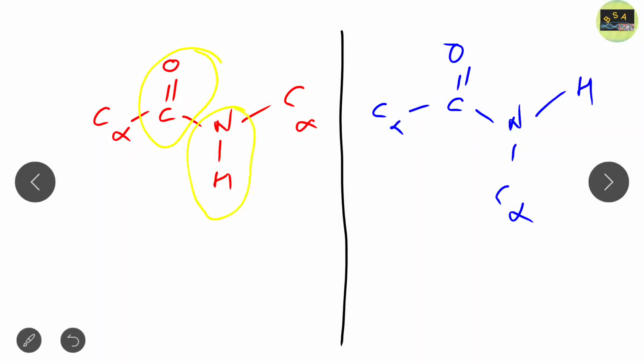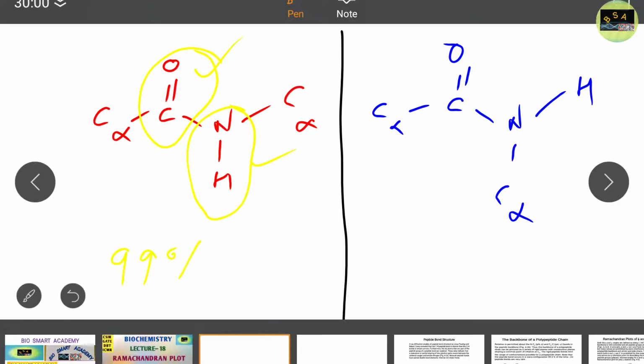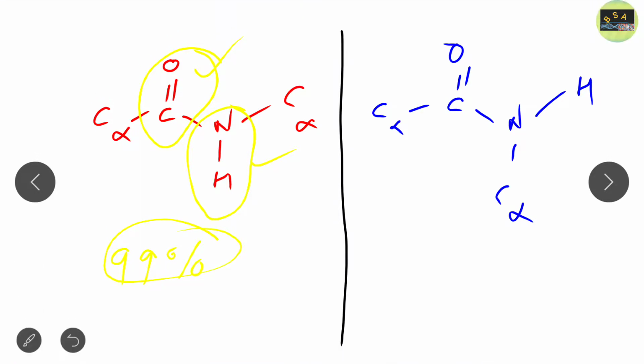You can see there is a chance of less steric hindrance because the angles are present on two different sides, so it is favorable in 99% of cases. Okay, and this is a cis structure. Here you can see there is a chance of steric hindrance as the angles are present on the same side, and so this is favorable in only 1% of cases. Okay, so these are basically the values that omega can have.